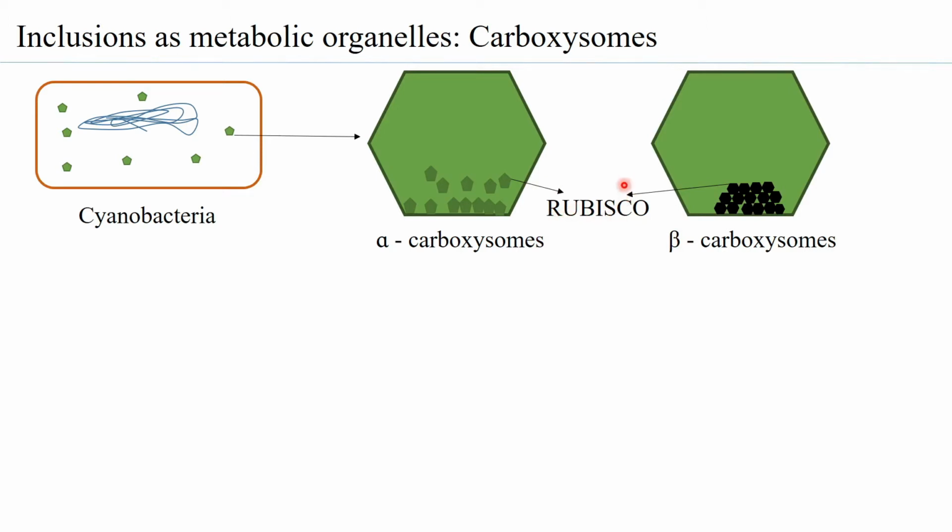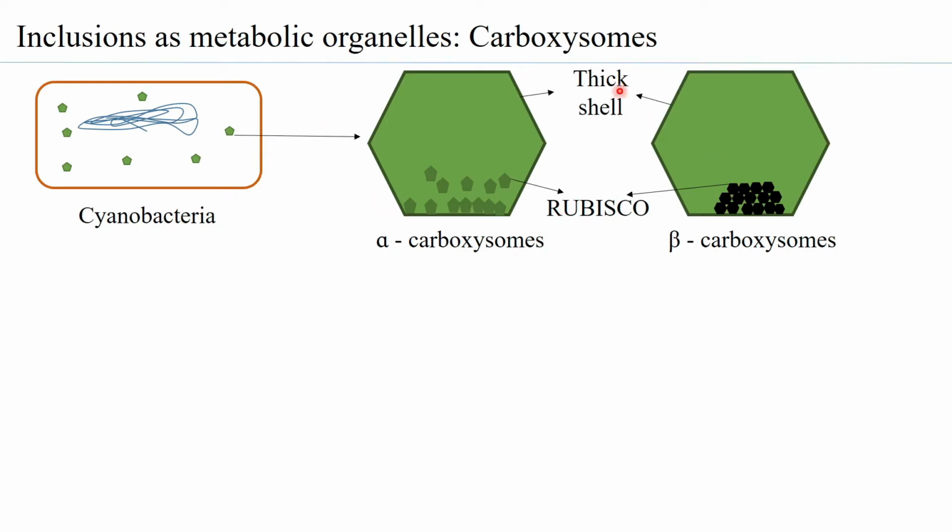It can act as a carboxylase or as an oxygenase depending on the concentration of carbon dioxide and oxygen. So these polyhedral carboxysomes contain the rubisco, and each of these polyhedral